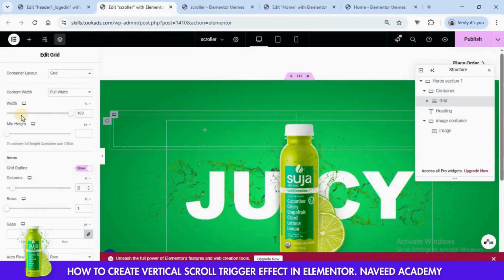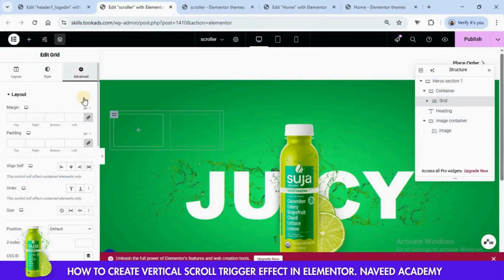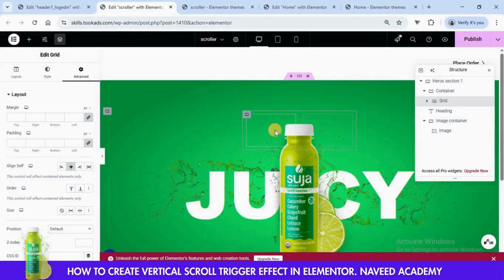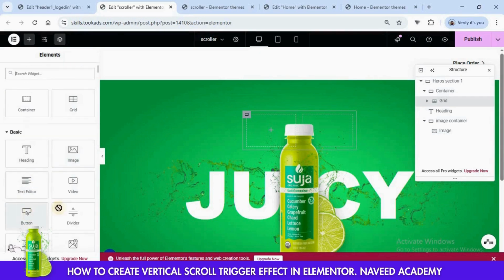After setting it, go to width and set the width to 30%. After that, go to advanced and set the align self to center. Now click here on this plus icon and drag a button over here.